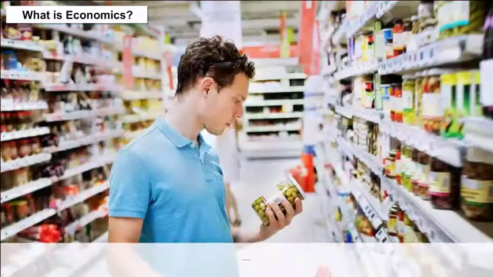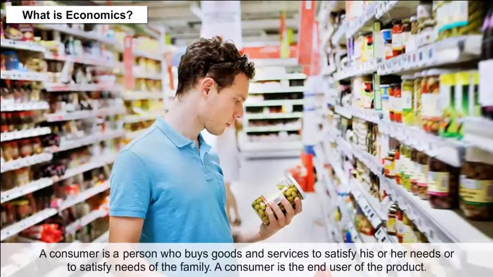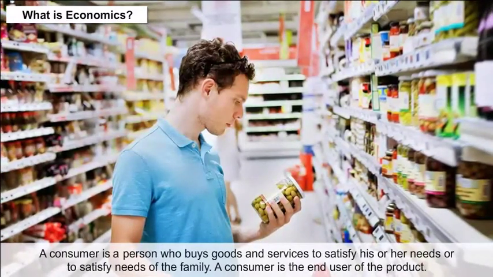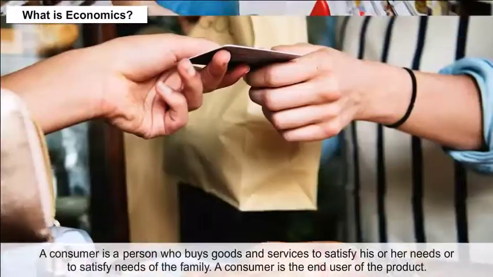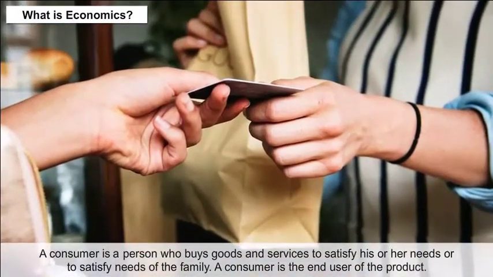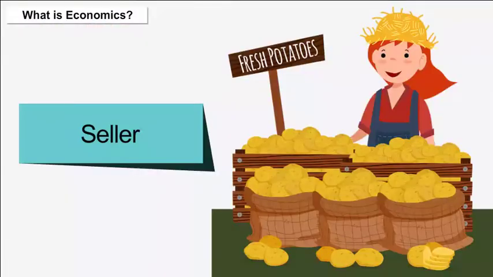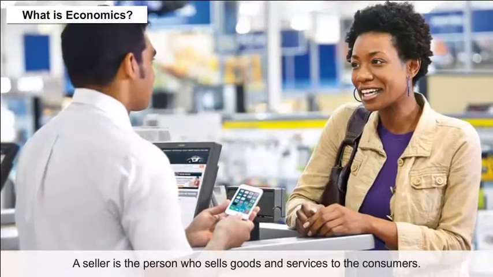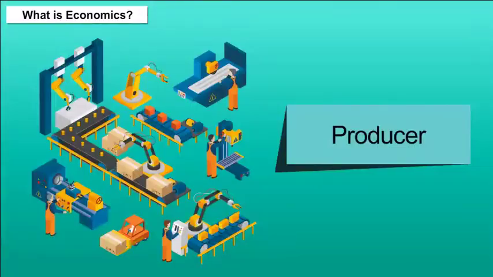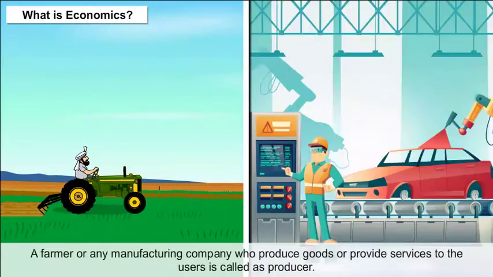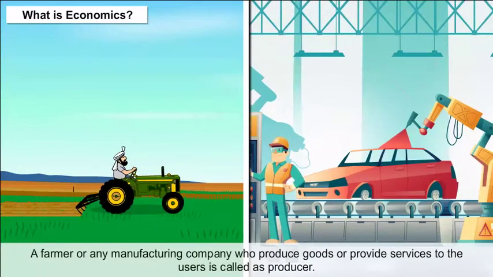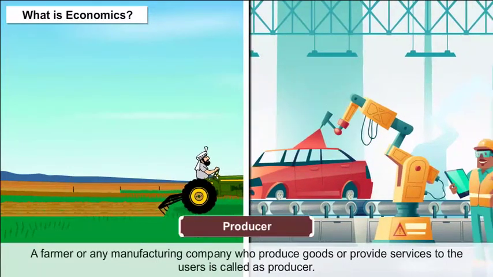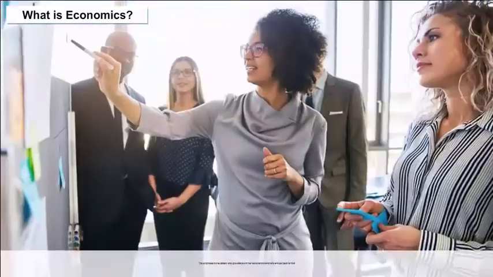Consumer. A consumer is a person who buys goods and services to satisfy his or her needs or the needs of the family. A consumer is the end user of the product. Seller. A seller is the person who sells goods and services to the consumers. Producer. A farmer or any manufacturing company who produces goods or provides services to the users is called a producer. Employee. The employee is